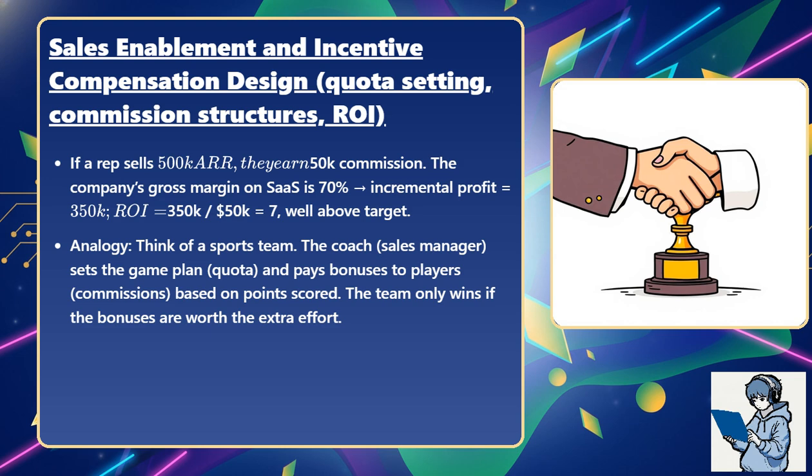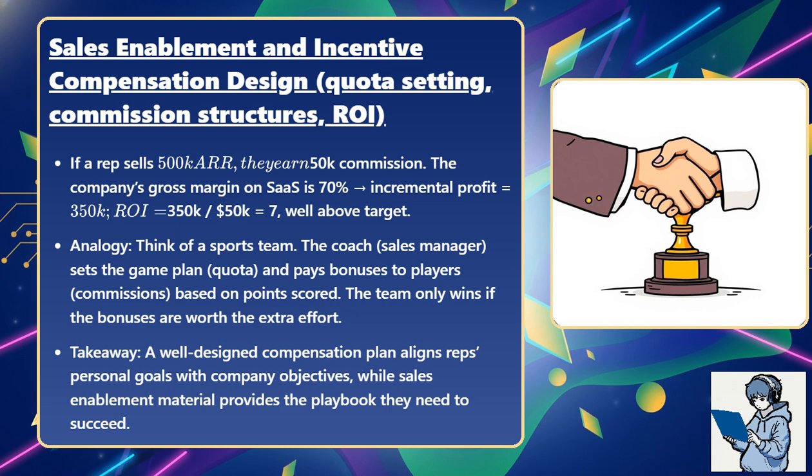Analogy: think of a sports team. The coach, the sales manager, sets the game plan, the quota, and pays bonuses to players, the commissions based on points scored. The team only wins if the bonuses are worth the extra effort. Takeaway: a well-designed compensation plan aligns reps' personal goals with company objectives, while sales enablement material provides the playbook they